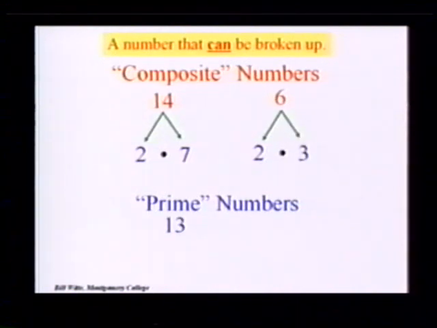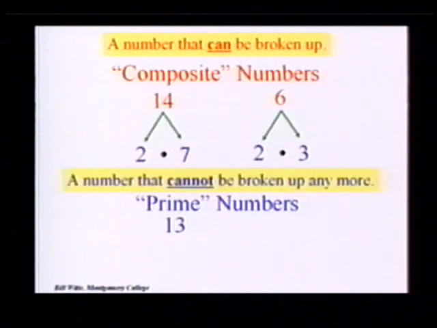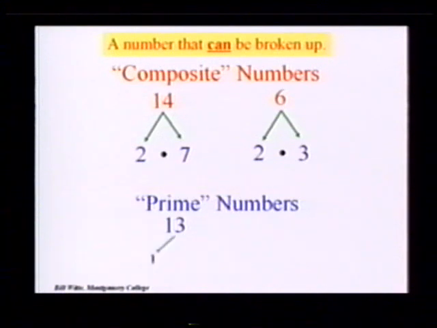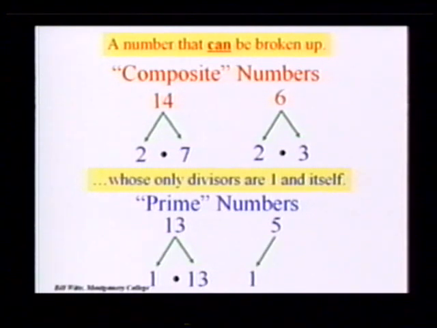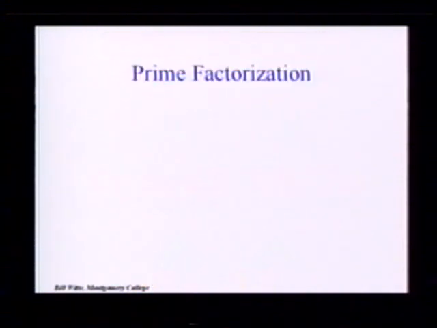Now 13, you can't break up. So it's called prime. You can't break it up into anything other than 1 and itself. 5 is prime. Can't break it up into anything other than 1 and itself. And we don't count 1, because you'd be going on forever. Got the idea? Well, the reason we needed to know about prime numbers is that we're breaking numbers up into